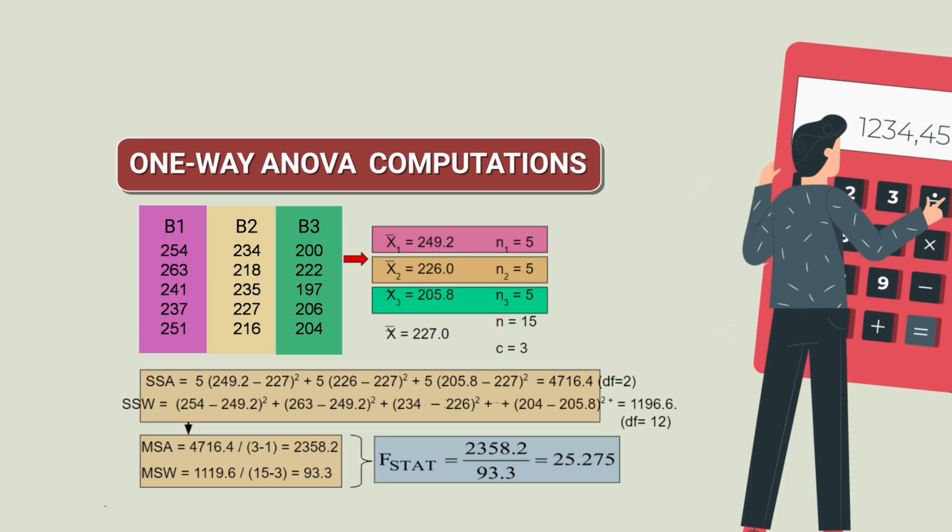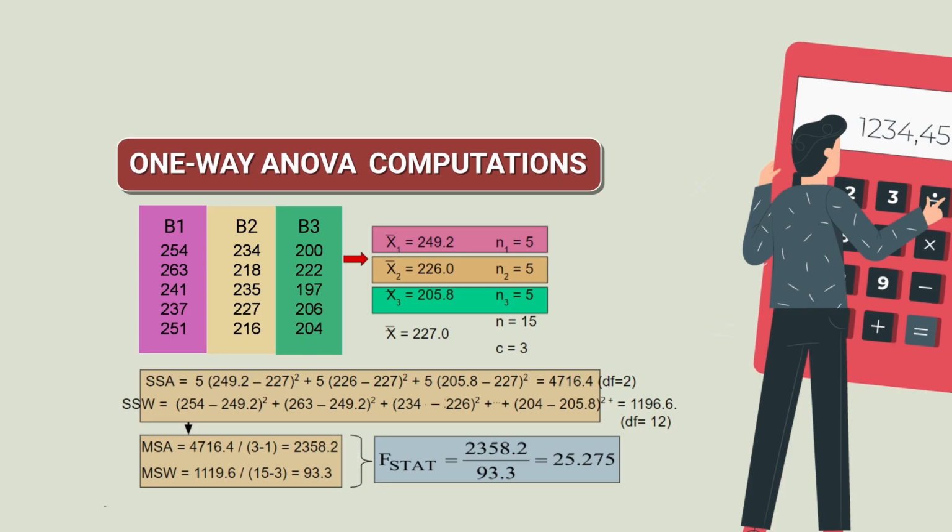When we add all the 15 values, 5 squared values corresponding to sample 1, 5 squared values corresponding to sample 2, and 5 to sample 3, we get what is called the within variation, which is equal to 1196 with the degrees of freedom